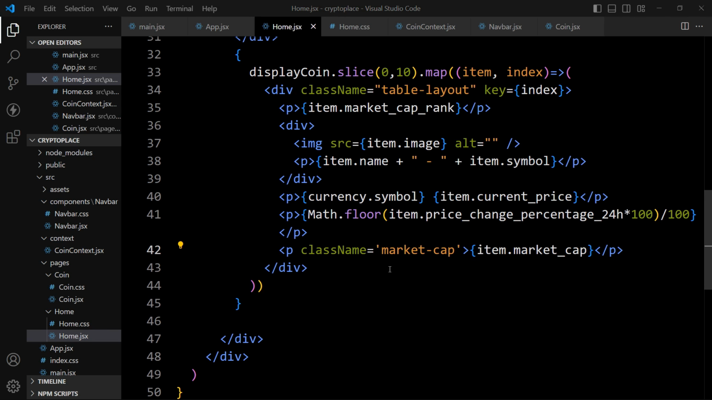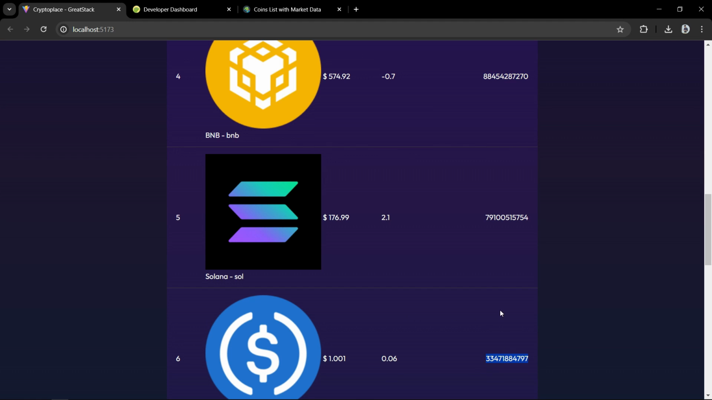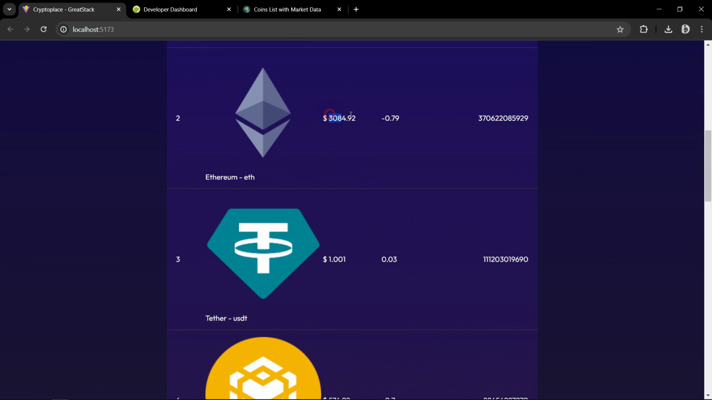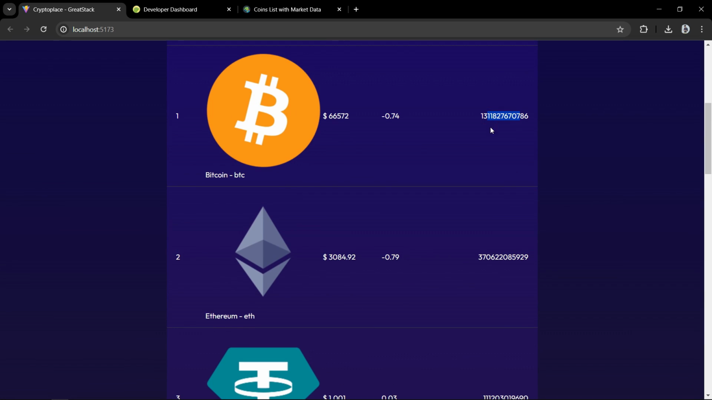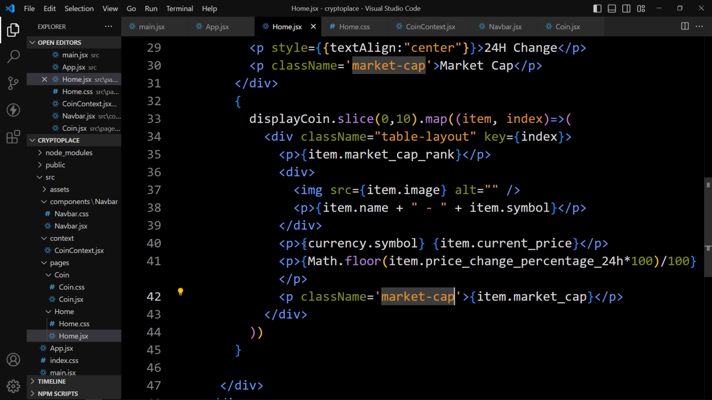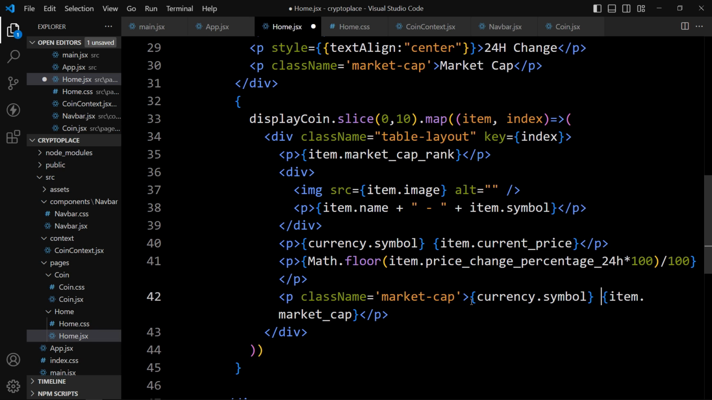It will be in the right side, correct? Now we have to add the comma separator in this digit and in this price also. And here also we will display the currency symbol. So let's come back and you can see we have added currency symbol here. So let's copy it and paste it in this market cap. So it will add the currency symbol and now we will display the comma separator for this price and market